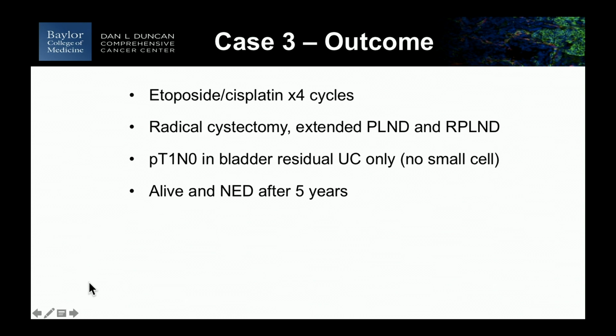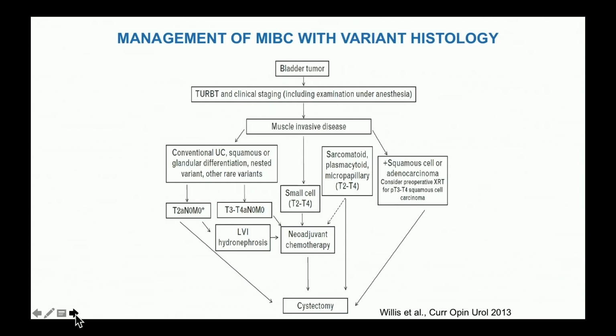So the last two slides are just algorithms. This is from, it actually looks like Dan Willis, so that's another MD Anderson paper. Credit to them because they have the largest volume of patients with this particular phenotype. Let me just point out a couple of things. Conventional urothelial with some of the more common variants are going to get neoadjuvant chemotherapy. Pure squamous, pure adeno,